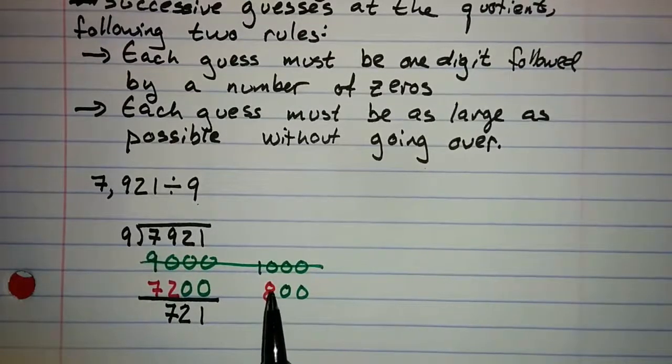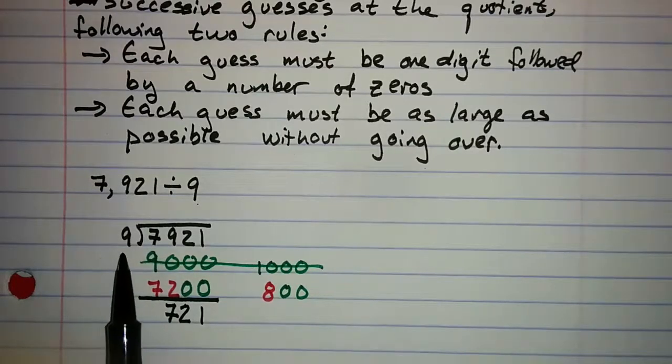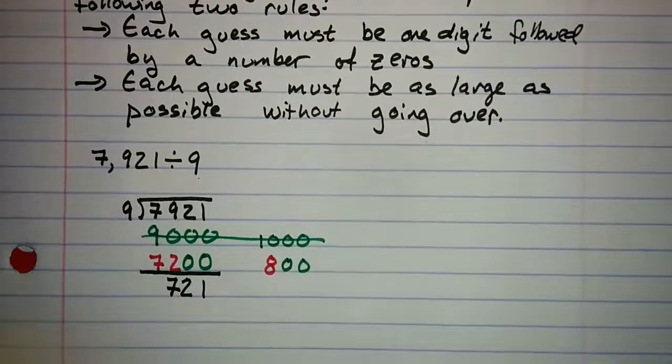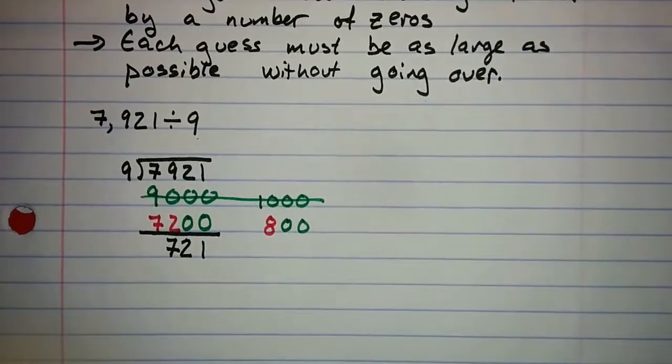And now, the way that I can tell that 800 was the right guess is that I have less than 100 times 9 things left. I don't have enough hundreds left to guess another 100,